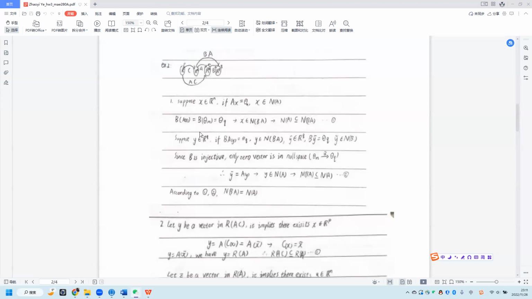Inversely, we can do a similar thing by first assuming there is a vector y that belongs to Rn, which belongs to the null space of BA. So we have BAy equals theta q, which is in Rq. We can also suppose that there is a Ay, which B applied to it is equal to theta q, so Ay is in the null space of B. And since B is injective,